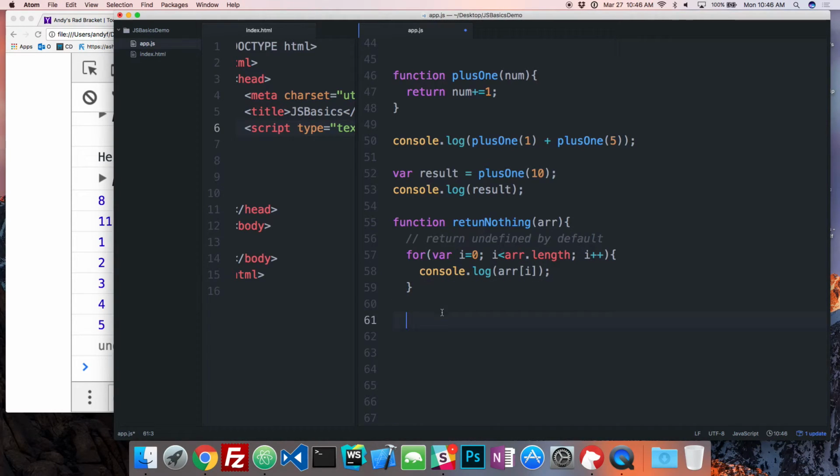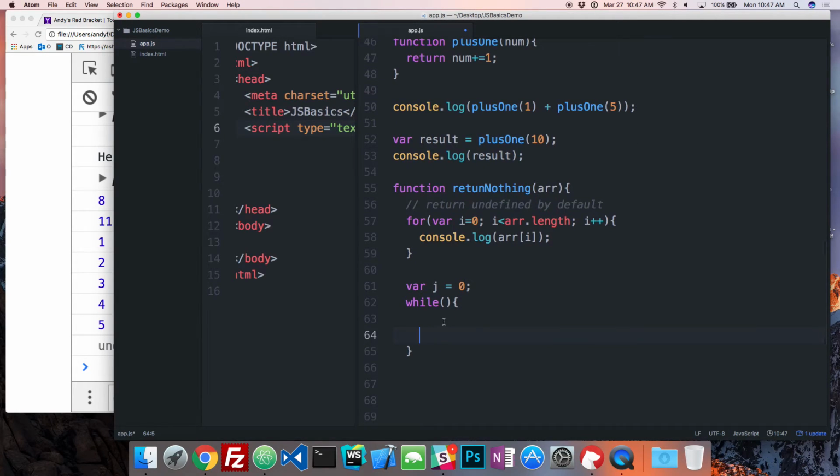Now, if I wanted to do the same thing using a while loop, how would I do that? What do I need first? You need this, right? That's the first step, or step 0. So we're going to define a variable called, let's say, j, make it equal to 0. Okay? So this step replaces this step here. And then we start the while loop. While some condition, do this stuff in the block. So the condition is going to be this step, right? So it's the same thing as we did in the 3-part for loop.